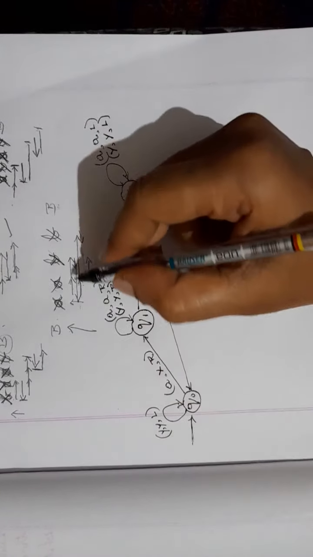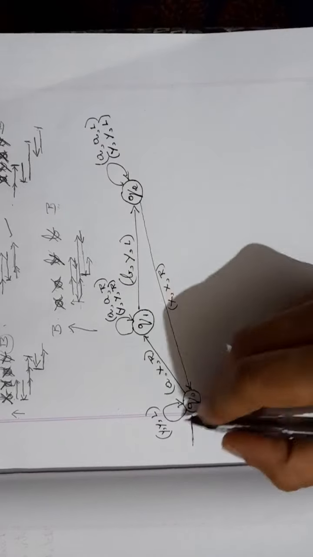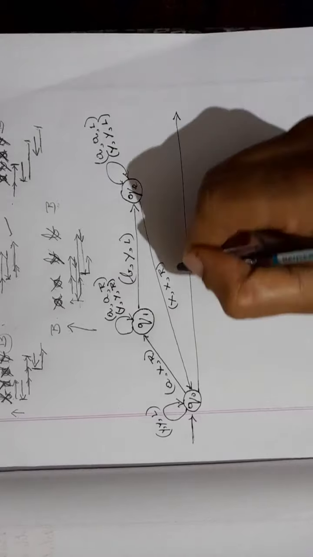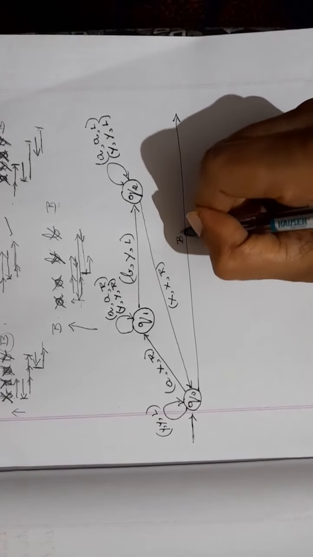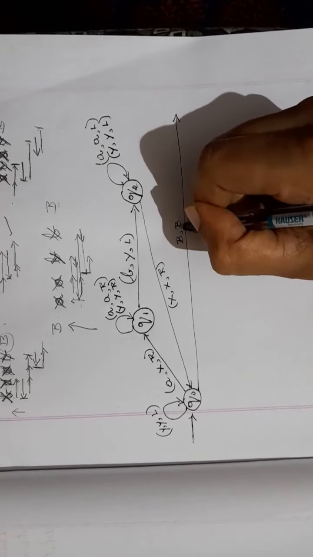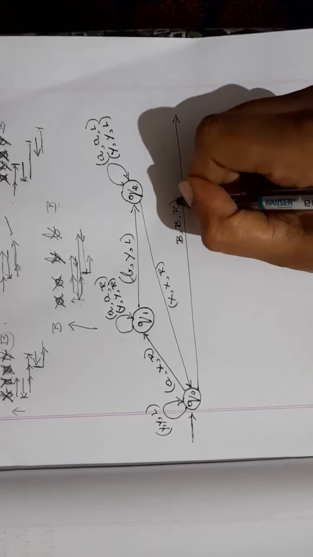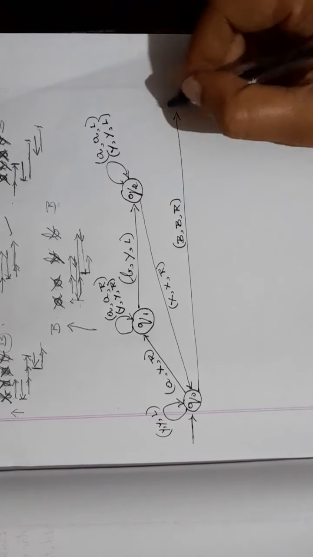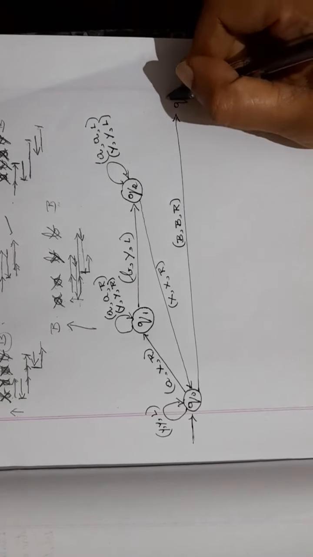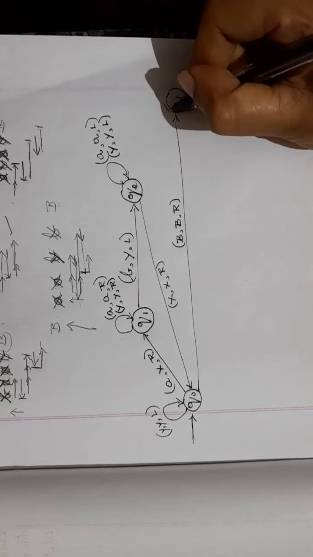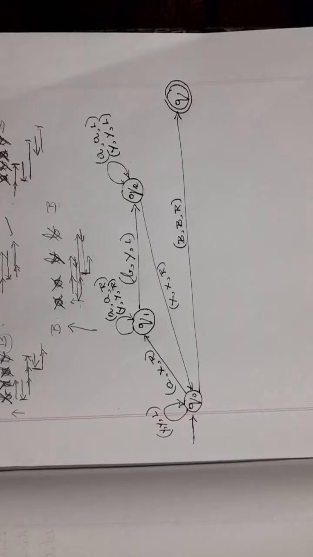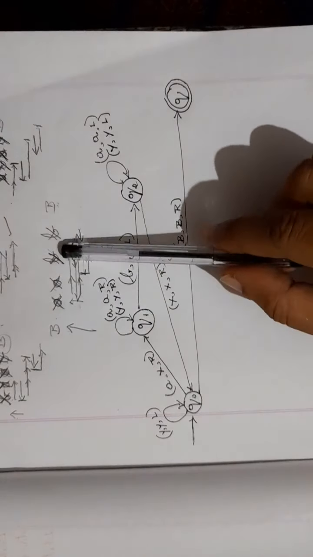Till when you should move left? Till you read B. So once you read B, I'll keep it as B itself and then I will move right. Blank, I'll keep it as blank itself and then I will move right. So it means that I have reached the final state. So I am done with the Turing machine here. But this is with respect to A, B, B.